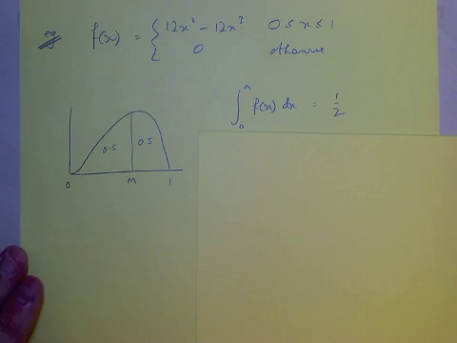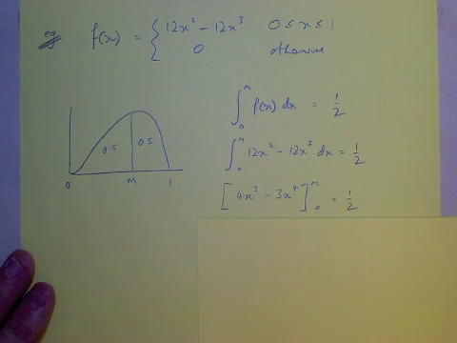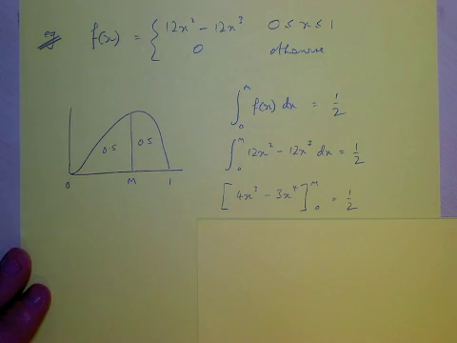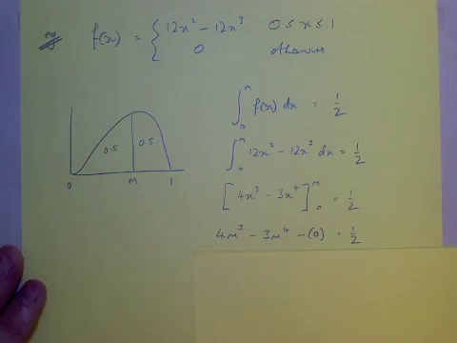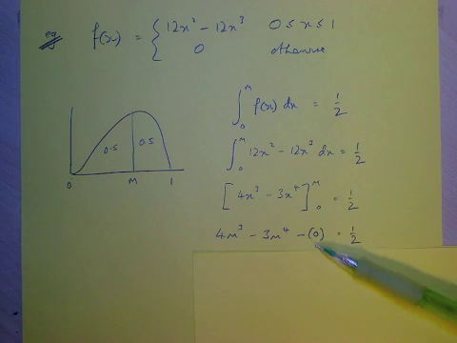Okay, let's just go through and check we agree with what we've got. I put the function in, I then integrate it. I've still got the limits, I need to substitute the limits in, so I put the m in. I always, even if I know that the answer is going to be 0 for the second limit, I always